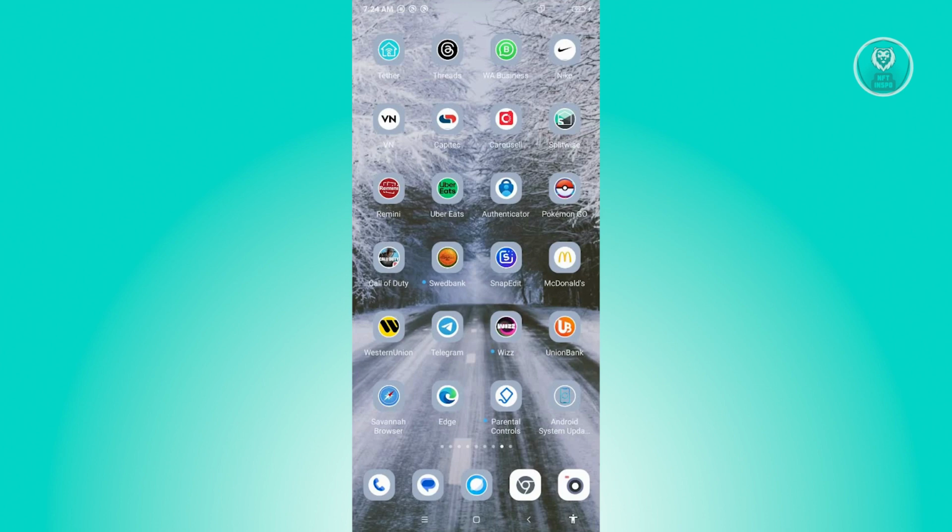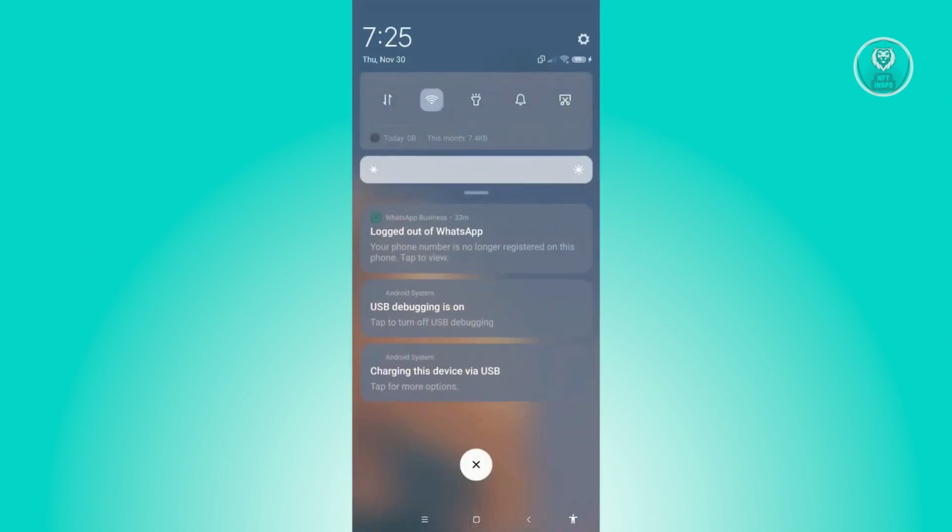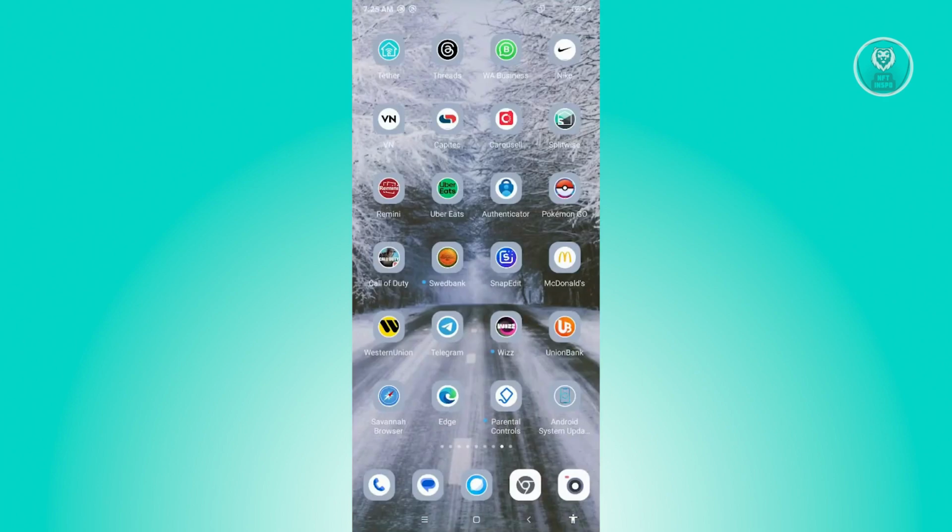Now in this case, the first thing you should be checking here is if you have a stable internet connection. Now if you don't have a stable internet connection, then most probably the cause of this issue is your internet connection. So you might want to change your internet connection. Like for example, if you're using your mobile data, you might want to change this to a Wi-Fi connection and see if that solves your issue. Now in this case, if this doesn't solve your issue,